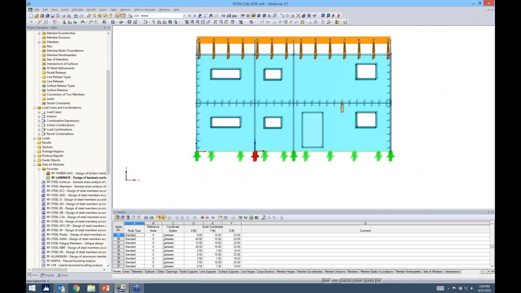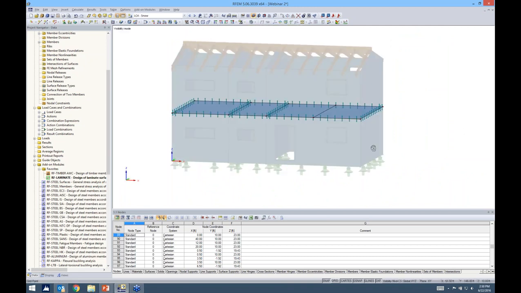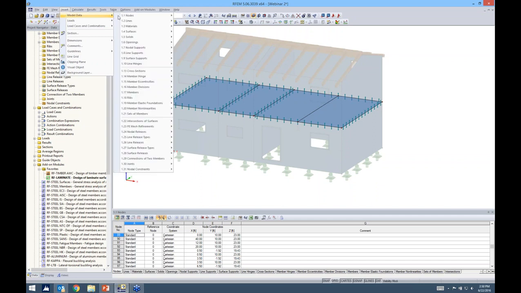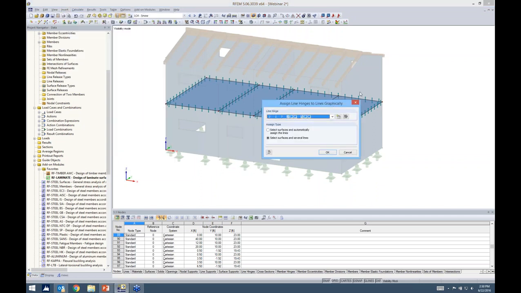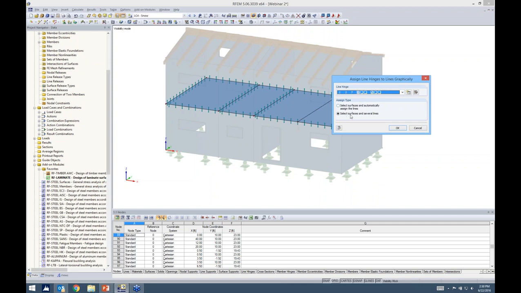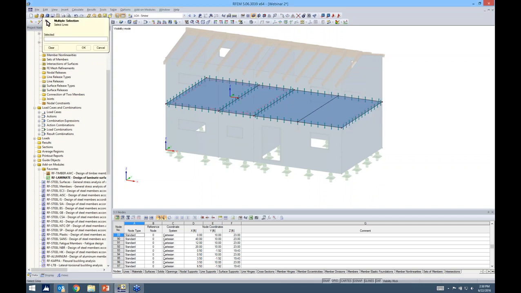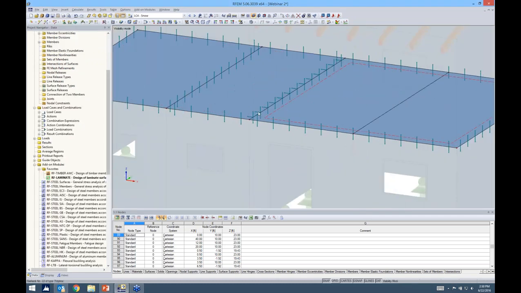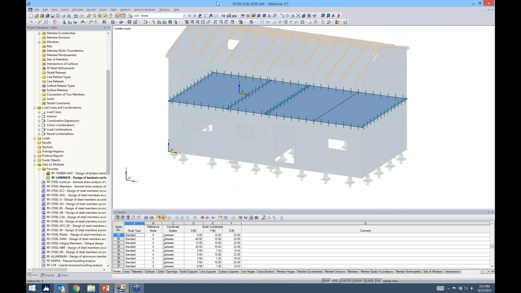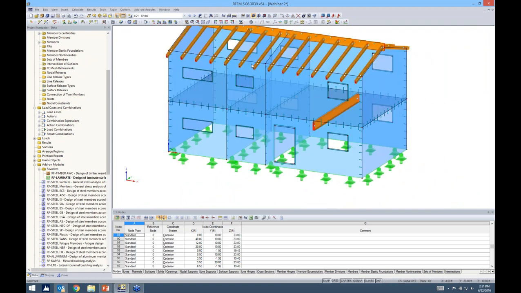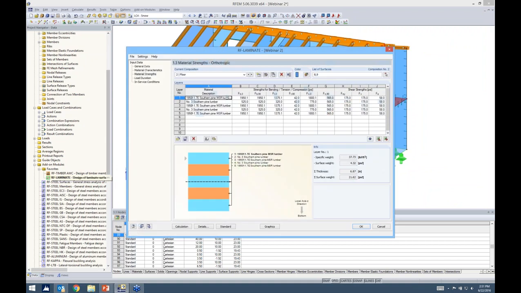The last thing that I want to do is add one more line hinge to my floor. So if I create my visibility by selected objects, I go to insert model data, line hinges graphically. But this time I'm going to use the same definition here. This time I'm going to select the surface and then the line. So all I need to do is select the surface first, then the line, and click OK, and then you'll notice that here I have another line hinge, and I still have my one rigid surface framing in right here. Okay, so canceling this visibility mode, I'm going to jump back into RF-LAMINATE here, and I just continue working